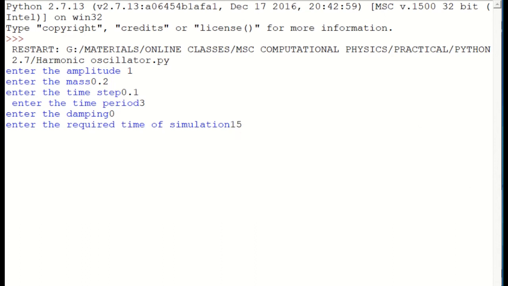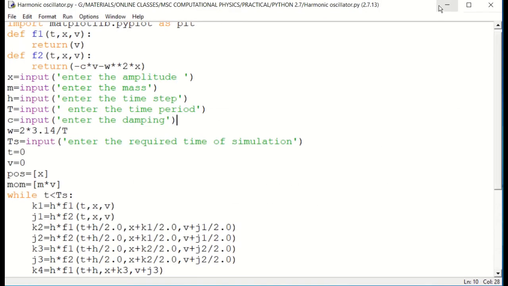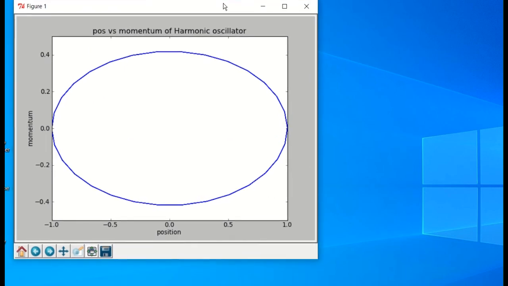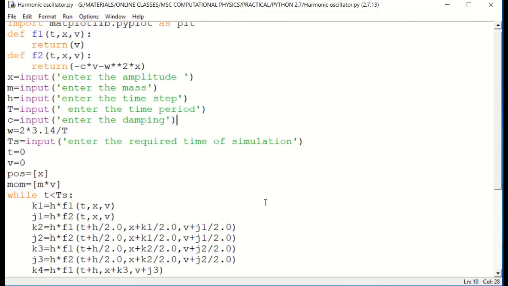Okay, our figure is getting ready, so we'll look into that. Okay, the figure is ready. As we have expected, we got an oval shape, and that is fine. Since the time step is small, we have some irregularities. Don't worry, we can try it with some other variable to see the phase space of a damped oscillator.